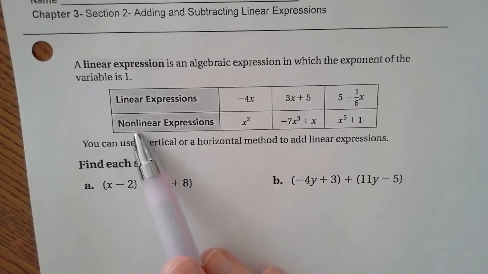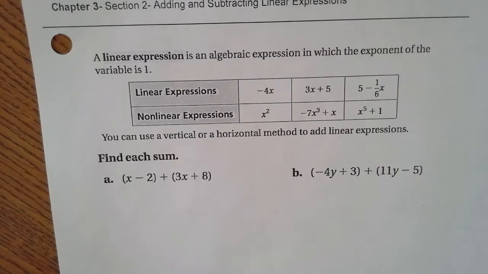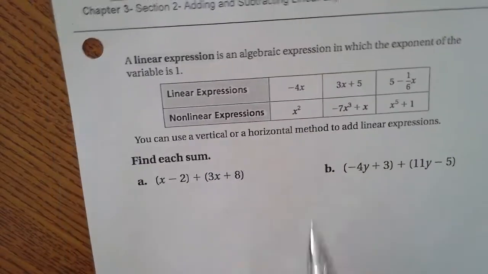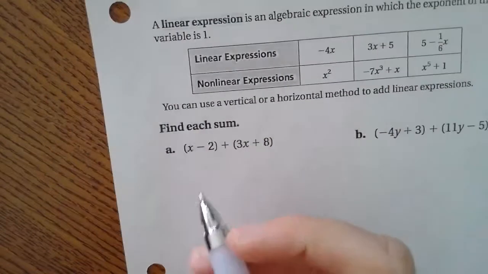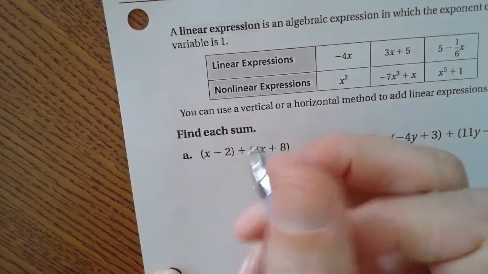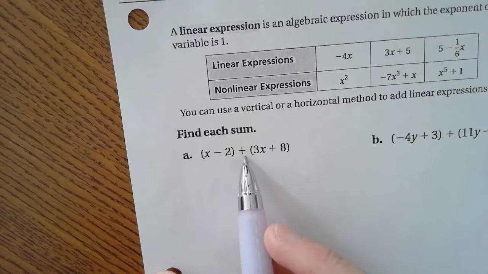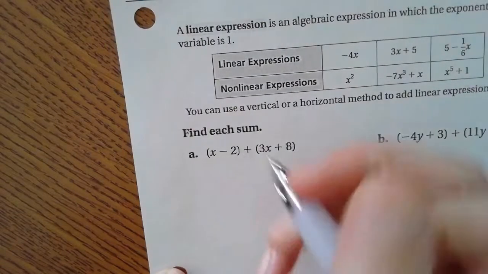those are non-linear. Alright, so there's two different methods that we can use to solve this. We can use a vertical method or a horizontal method, and we're going to show you both. You can pick which one you like. On the first one, we're going to talk about vertical, so up and down. So I'm going to write my first expression, x minus 2,